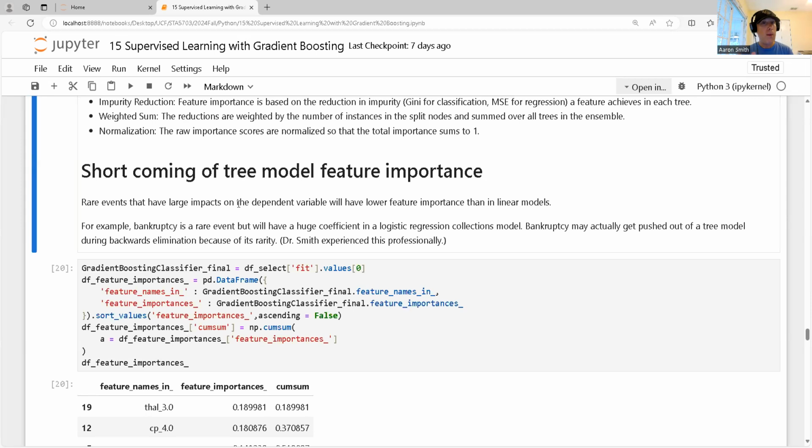When we have bankruptcy, it's a rare event, but if we're talking about something like collections or credit or something like that, bankruptcy is rare, but when it happens, it's a big, big deal. So if I'm talking about collections, I want to identify who should be chased after for collections for not paying. If I see that the customer has a bankruptcy, I probably shouldn't worry about them, but tree models will tend